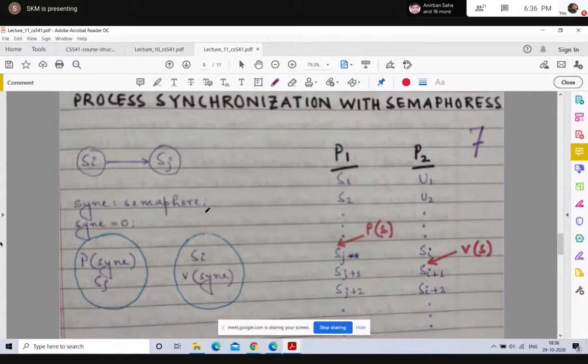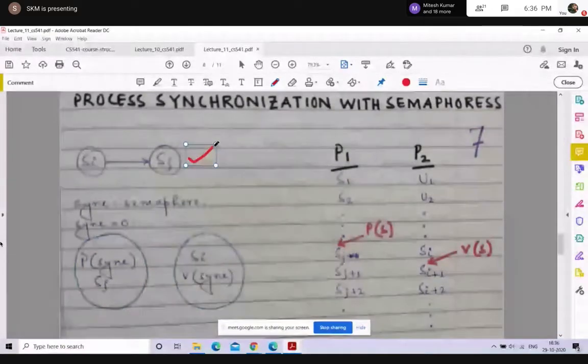Here again I have a precedence graph. So let us consider a precedence graph where a statement Si precedes the statement Sj. That means the statement Sj can be executed only after the execution of Si, where Si and Sj belong to different processes running concurrently.